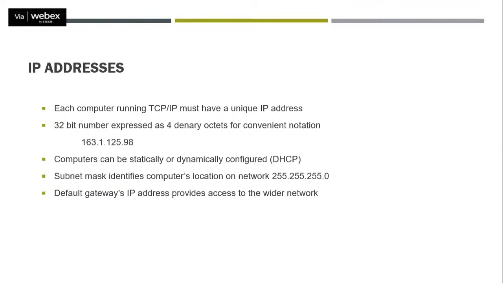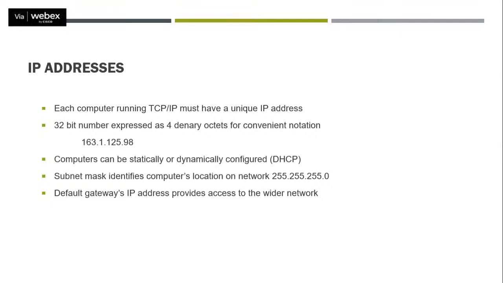The computers can be statically or dynamically configured, that is DHCP. When you are connected to the ISP, it can provide you a manual IP, or that IP can be provided by your ISP. That is called the Dynamic Host Configuration Protocol. It is a server which helps you to get an IP address from the ISP. It is also possible that an organization runs a DHCP server. The DHCP server will give the IP address, gateway, and DNS to each and every machine when it is connected to the DHCP server in the organization.